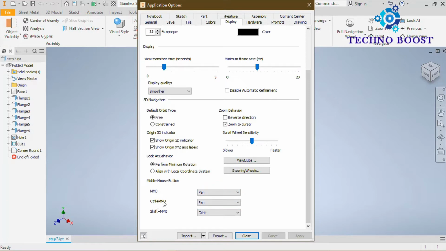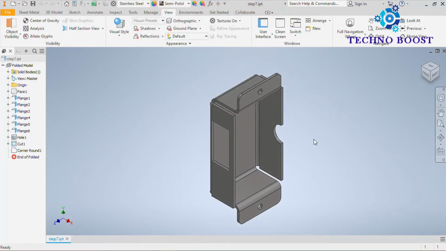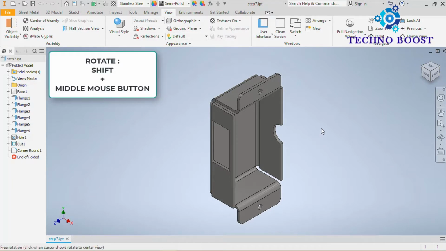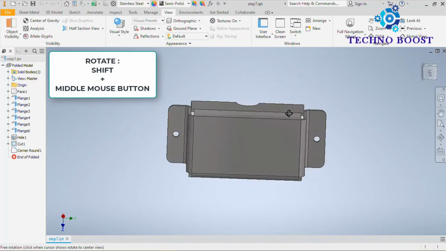If you press Ctrl plus the middle mouse button, it will also be pan, and Shift plus the middle mouse button will be for rotate. You can change it here as per your requirement. To rotate the component, press Shift, then the mouse button and rotate.